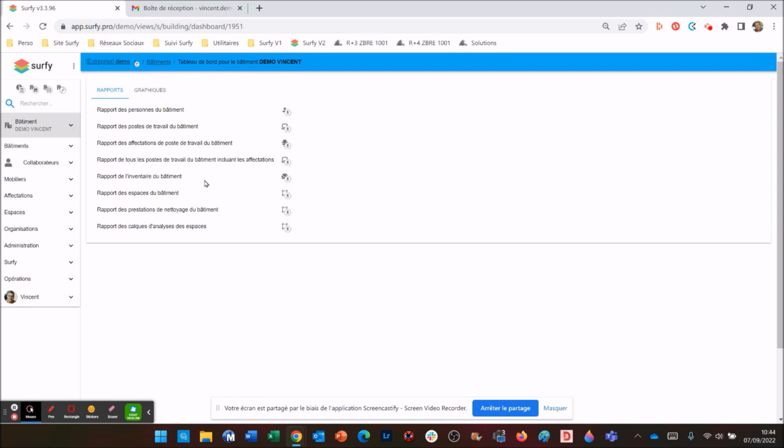The report of the inventory of the building, which will therefore bring together all the objects of the building's furniture. The report of the spaces, which will start from the designed rooms and will give not only the occupancy ratios per room, but also a whole bunch of qualifiers in relation to the organization of the room and the